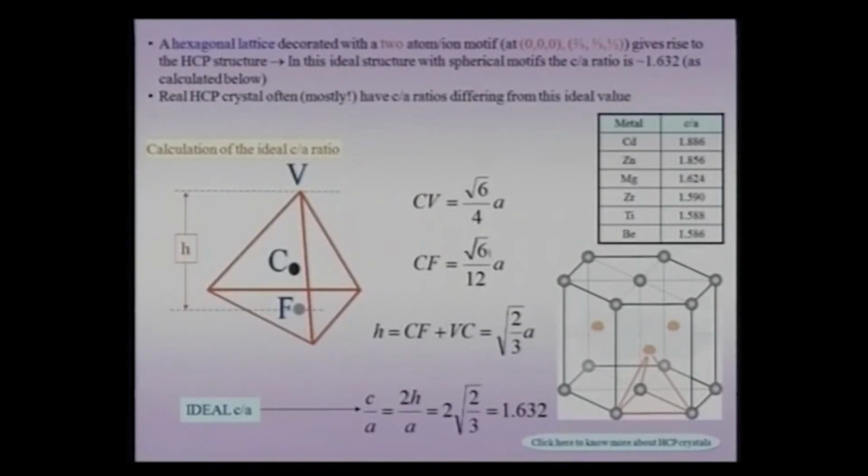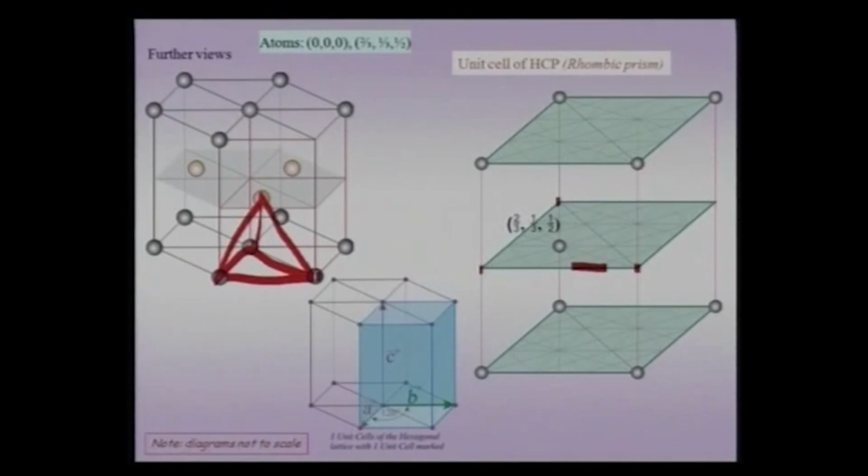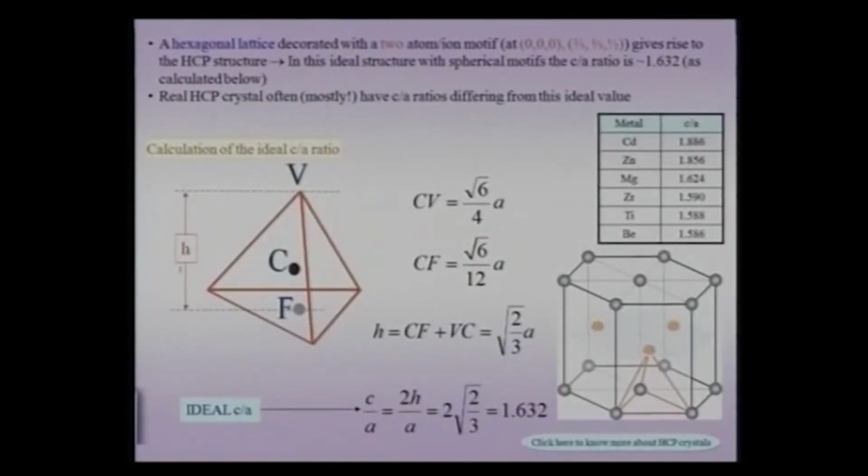CF is √6/12 a, in other words 1/3 of that value, and H is nothing but half the C value. That means my C length is this, this is my C value, and this H is half that. So it is the midplane, the distance of the midplane. So my H as marked here is half the C value, and H is equal to CF plus VC, which is √(2/3) a, and the C by A value I can calculate is nothing but 2H/a. As I said, H is half the value of C, so it is twice root of 2/3,